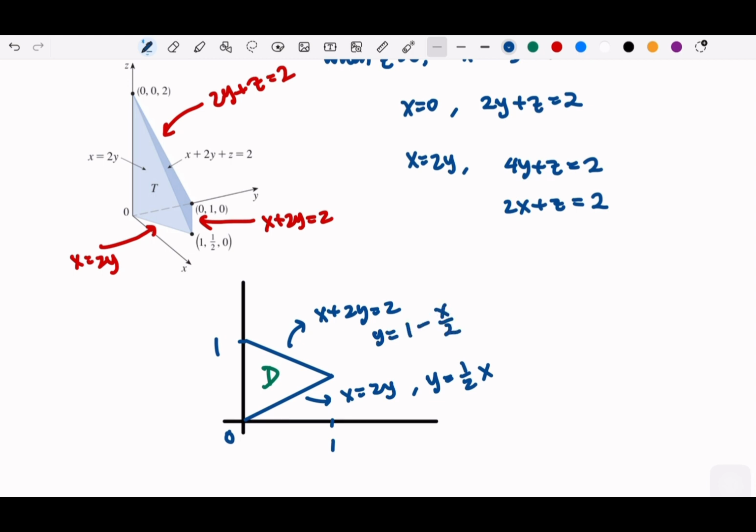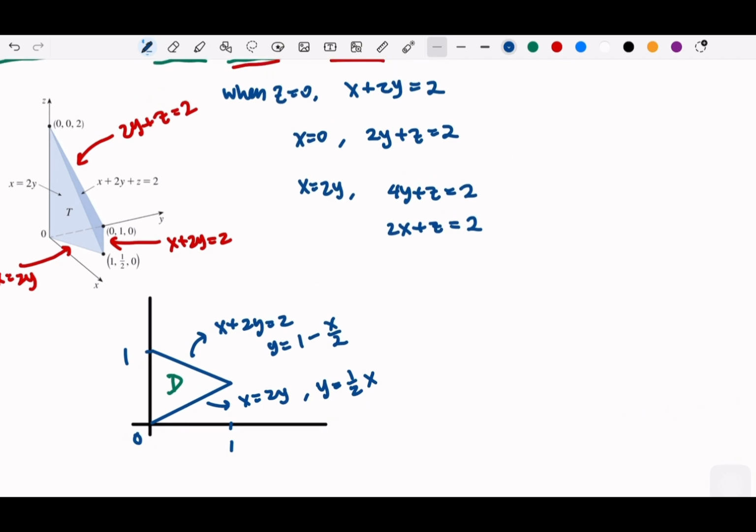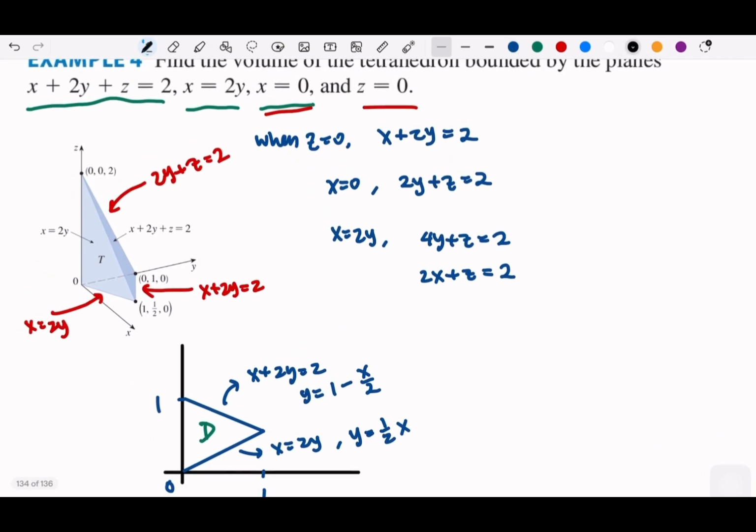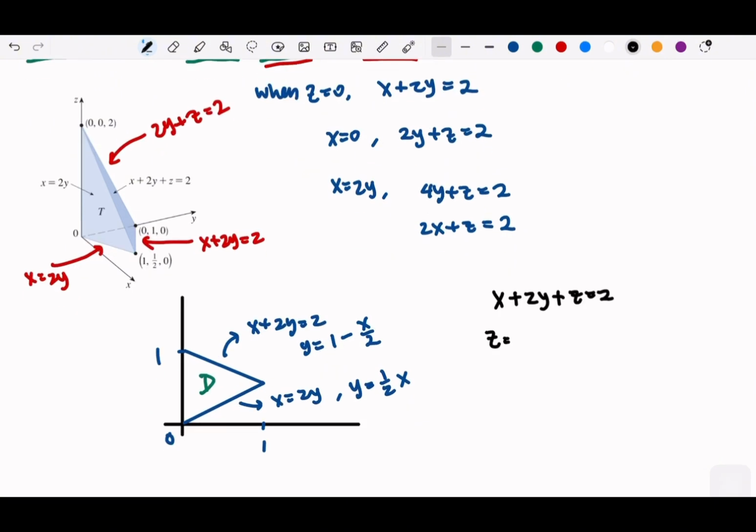And for the plane x plus 2y plus z equals 2, suppose that z is a function of x and y, we can write z equals 2 minus x minus 2y. So let's use this 2 minus x minus 2y as our function of 2 variables. So then the volume